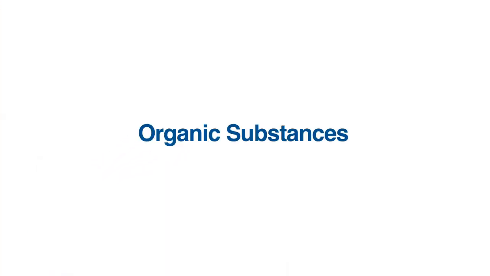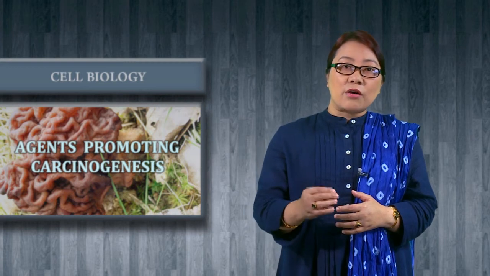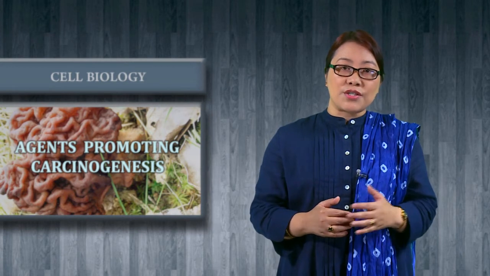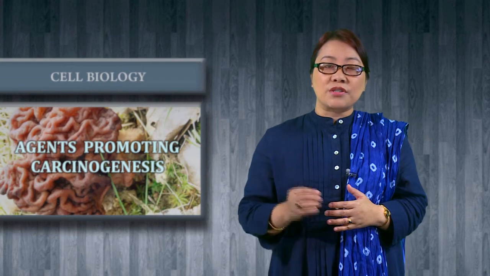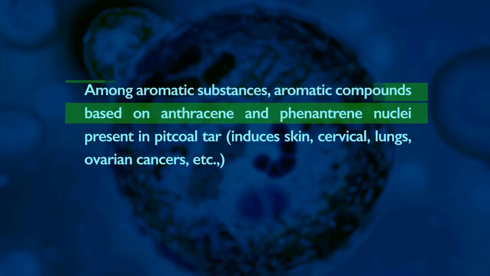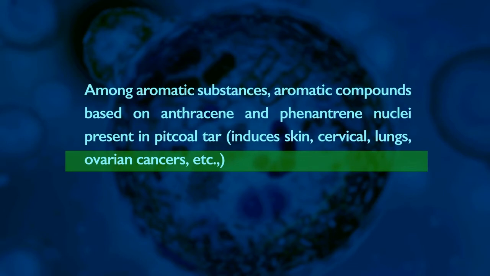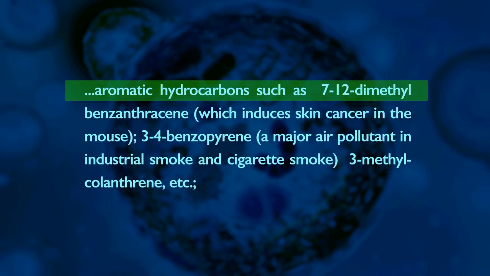Next are the organic substances. Many aromatic and aliphatic organic compounds are also carcinogenic and have the potential to induce cancer. Among aromatic substances, aromatic compounds based on anthracene and phenanthrene nuclei present in pit coal tar induce skin, cervical, lung, ovarian cancers, etc. Aromatic hydrocarbons such as